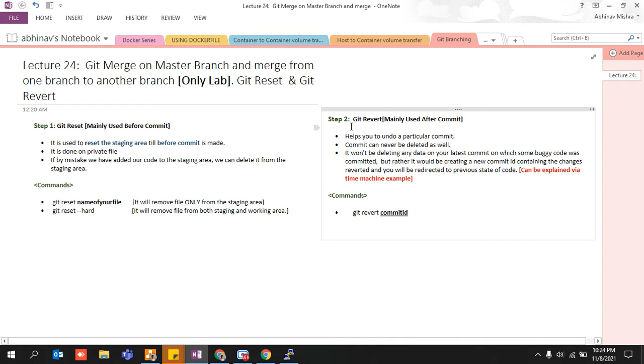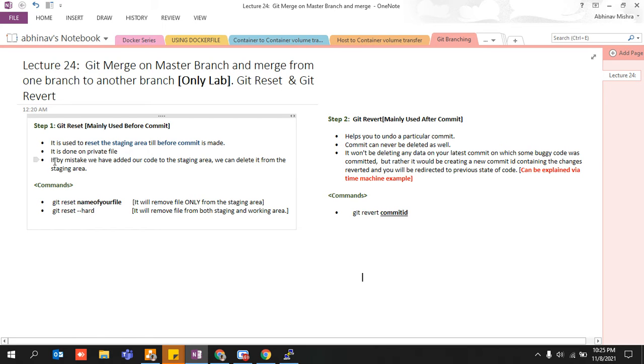So git revert you only use once you have committed something, right? If you have committed that yes, I will give you $100, then for that you will need to do git revert. But before committing something, you can make use of git reset.